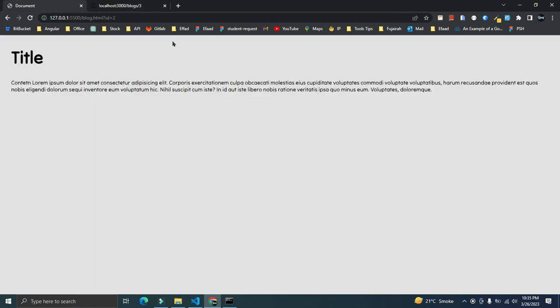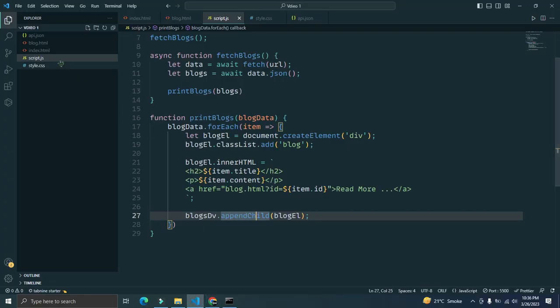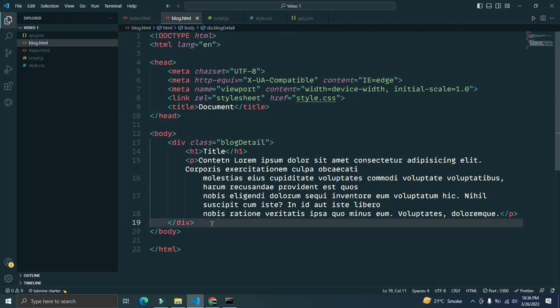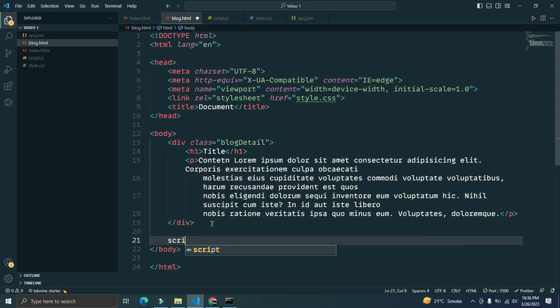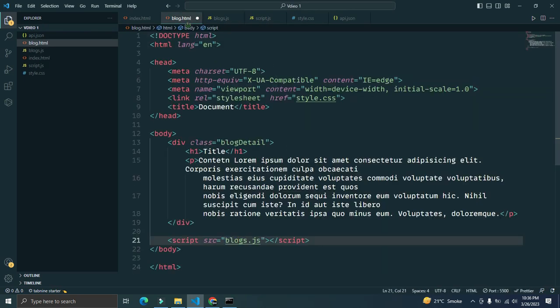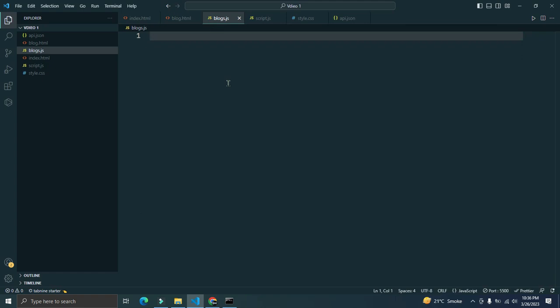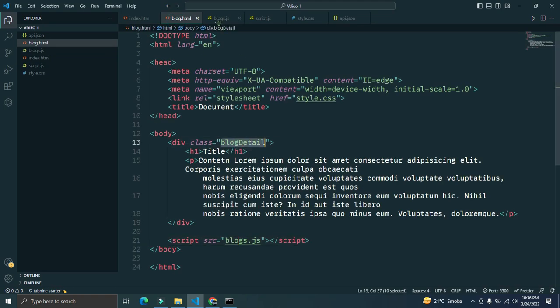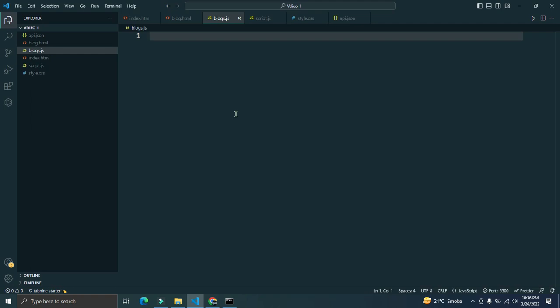Let's come here. First of all, get these queries in our blogs script. But since we have not created our blogs script, let's create it first. Script source blogs.js. Click on it, create the file, go here, save the blogs.html, and when we come up here, we are just going to get the data, like its class, const blogDetails equal to